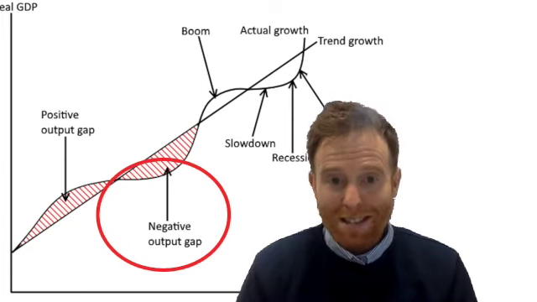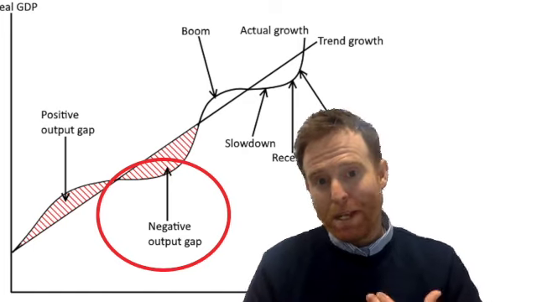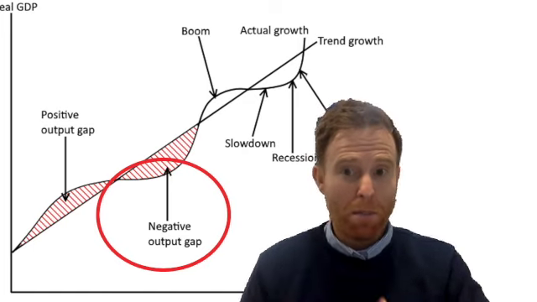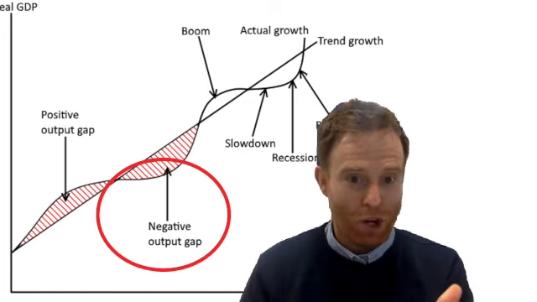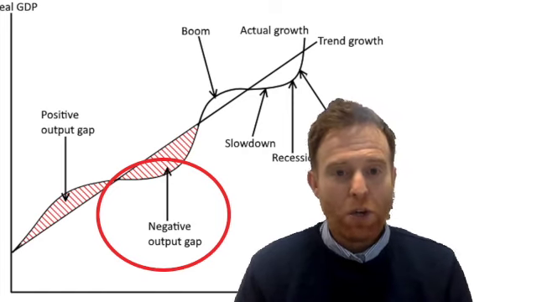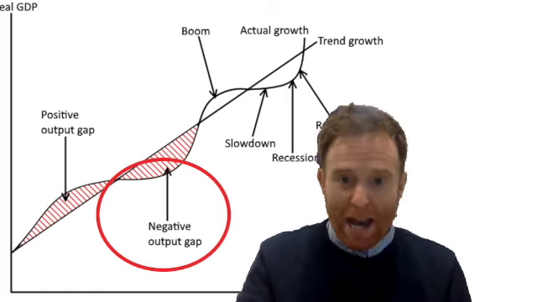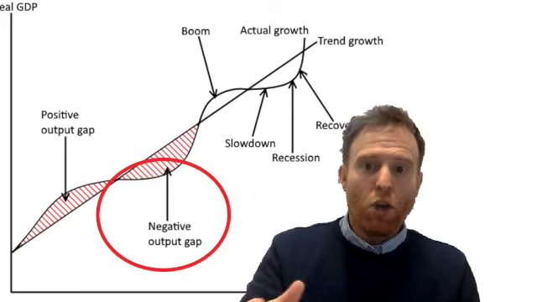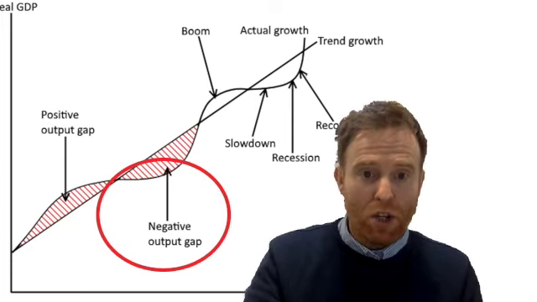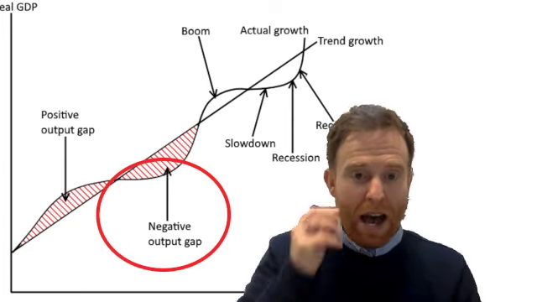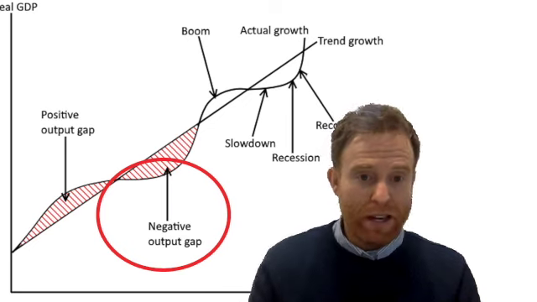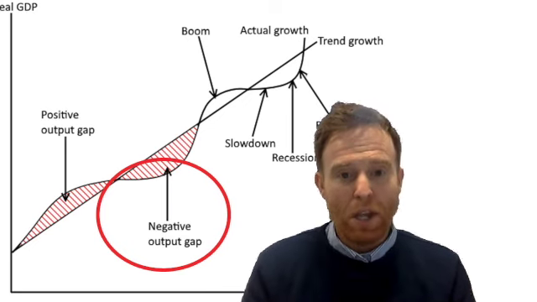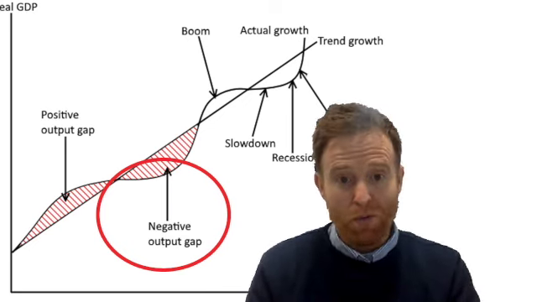Well, automatically, the policies that have already been implemented will adjust based on what is happening in the economy and economic activity. So we can imagine during a negative output gap, you'll have high levels of unemployment and you'll have cyclical unemployment. And there's going to be less economic activity. So instantly that's going to impact tax receipts and it's going to impact government expenditure.